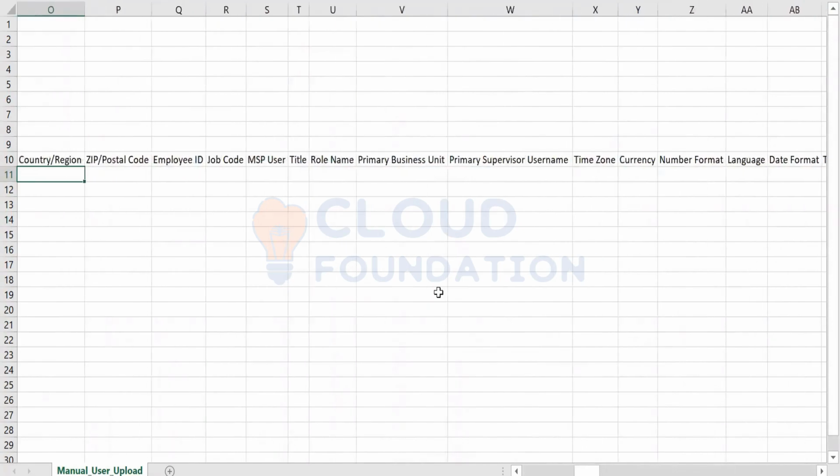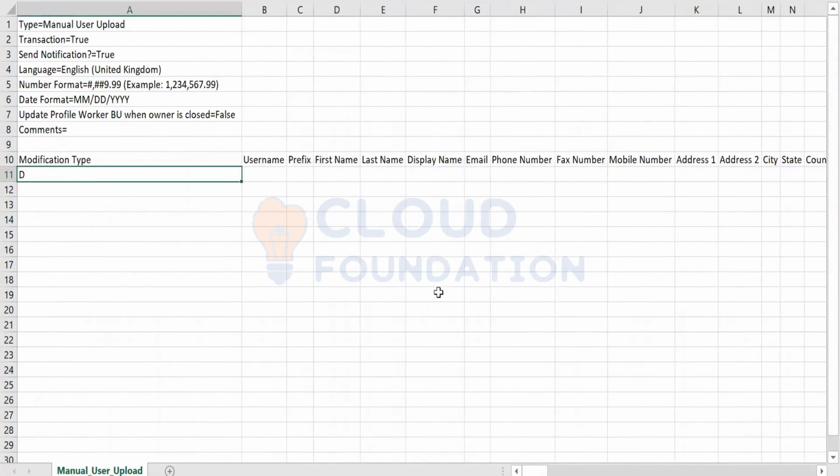Whenever the mandated data is missing when you upload, it throws an error. It throws an error when we say transaction is equal to true: whatever data set is correct, the system is going to process it. The remaining will not be processed. When I set the transaction as false, whatever the amount of data, if one data is wrong or one data is not matching according to the Fieldglass setup, it's going to completely throw the error.